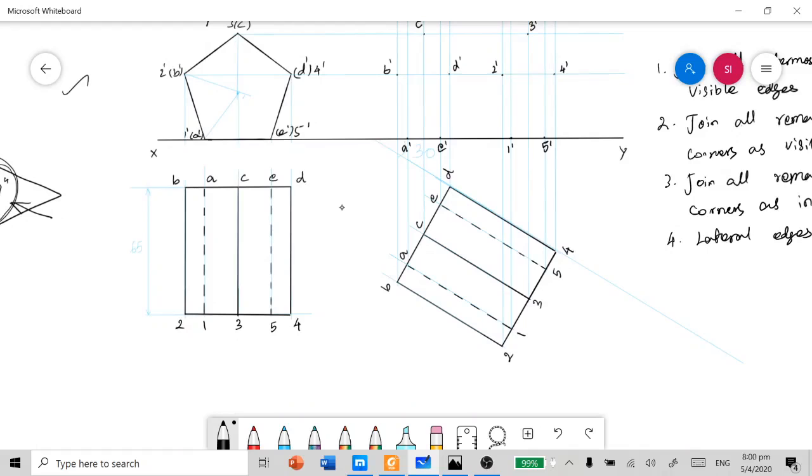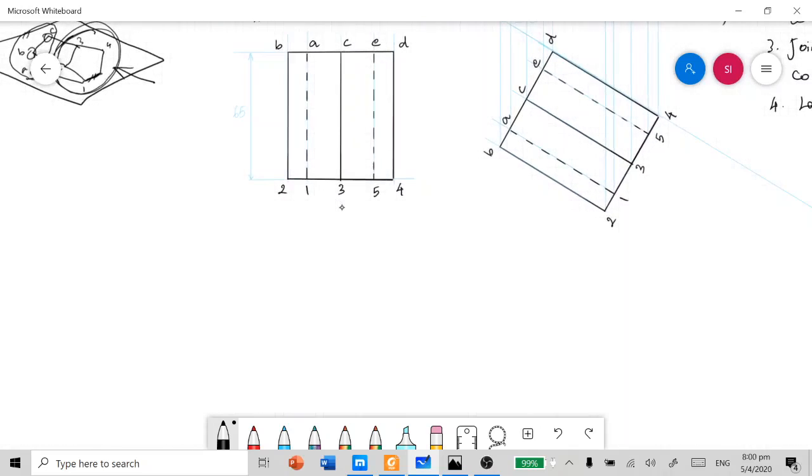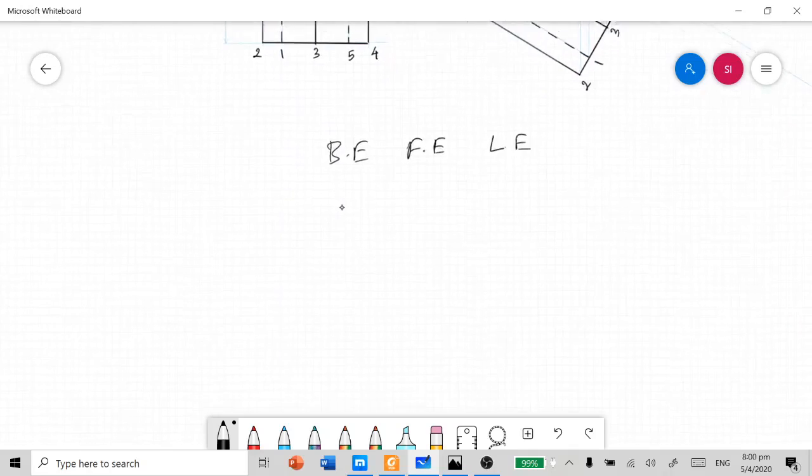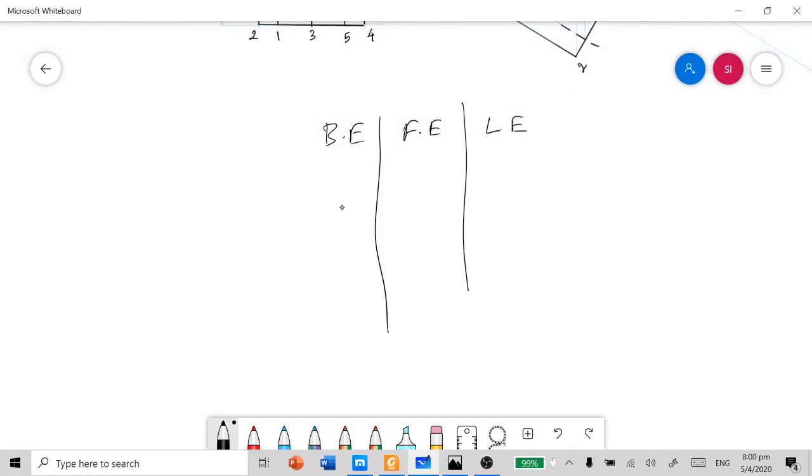We can have the database on what are all the base edges, face edges, and lateral edges, just for our reference purpose. You need not have this as a part of your answer in your answer sheet. This is just for our learning purpose only. The base edges in this pentagonal prism are AB, BC, CD, DE, and EA.